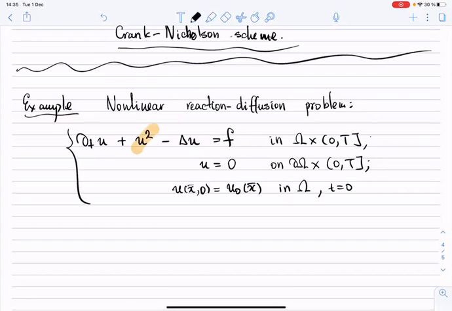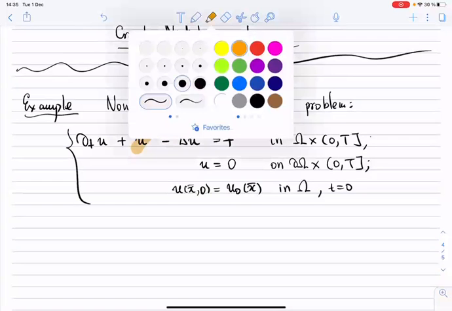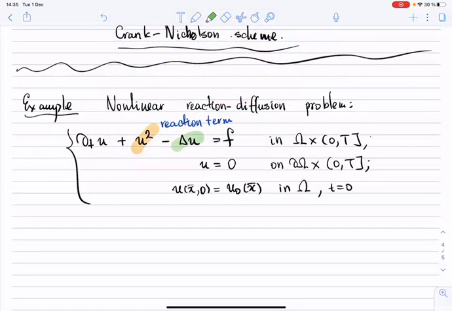So this term is usually referred to as the reaction term. And the other term, this term, is diffusion. So the equation is called the reaction diffusion equation. So diffusion is like a physical process. Maybe many of you know better than me if you have a physics background. Of course, I am not a physicist. Diffusion is like a process that diffuses, it models diffusion. So for example, heat